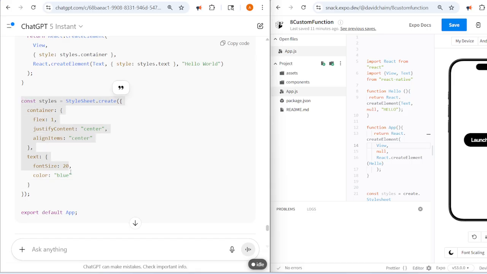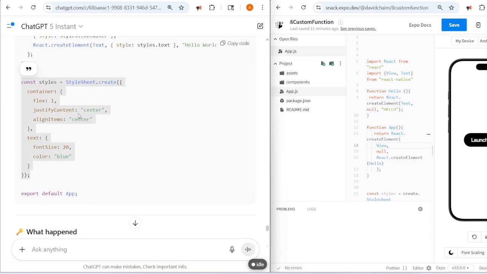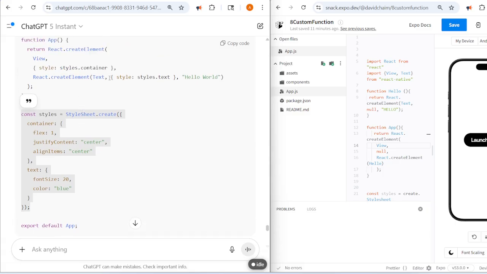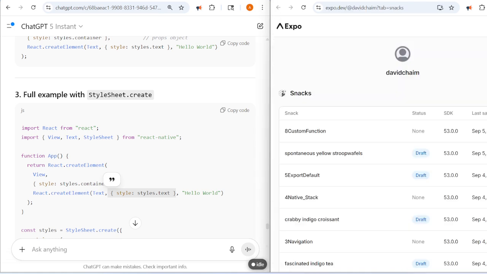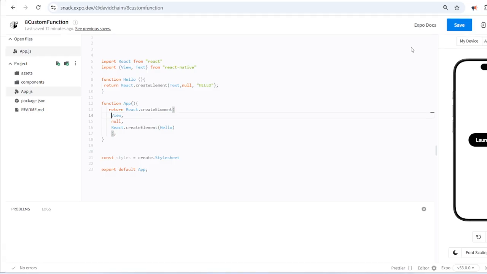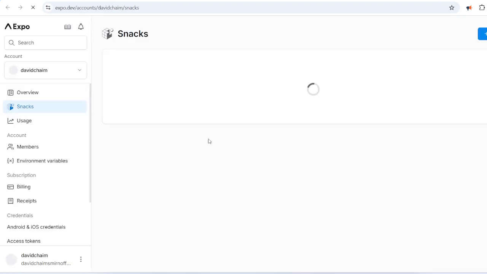However, this makes it styles. Put it inside this const. That's how I understand it from what ChatGPT was saying. And then when you see this thing over here, this is actually the props property. It gets passed as a property. So as we've already talked before in our other Expo React Native app over here,